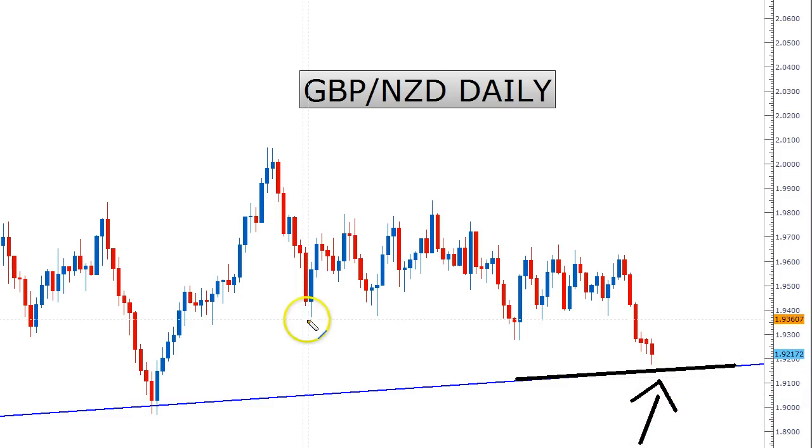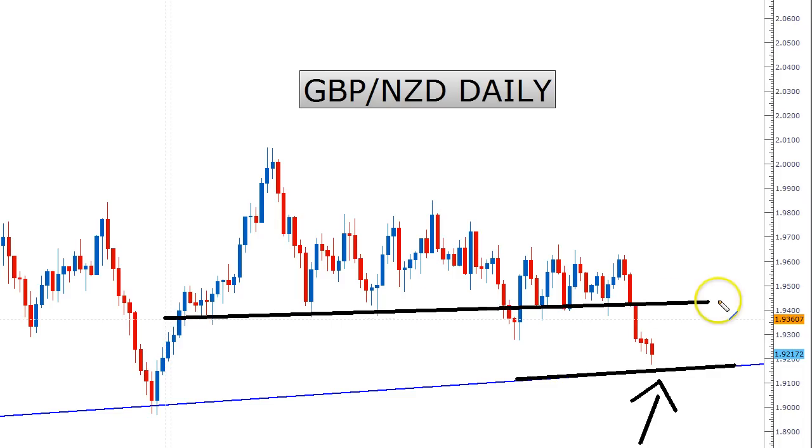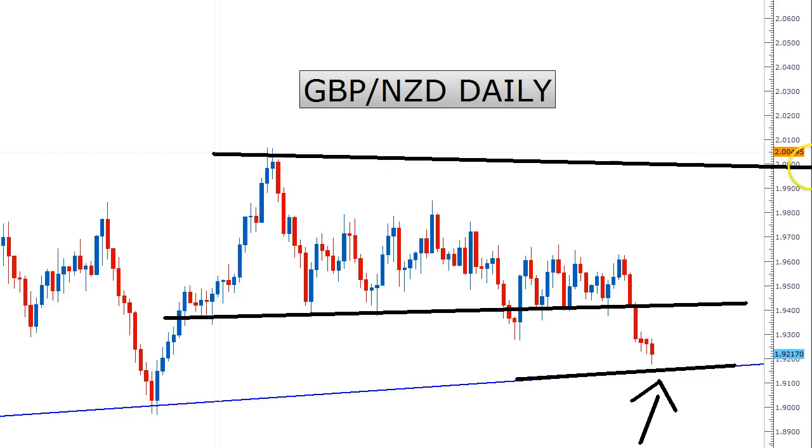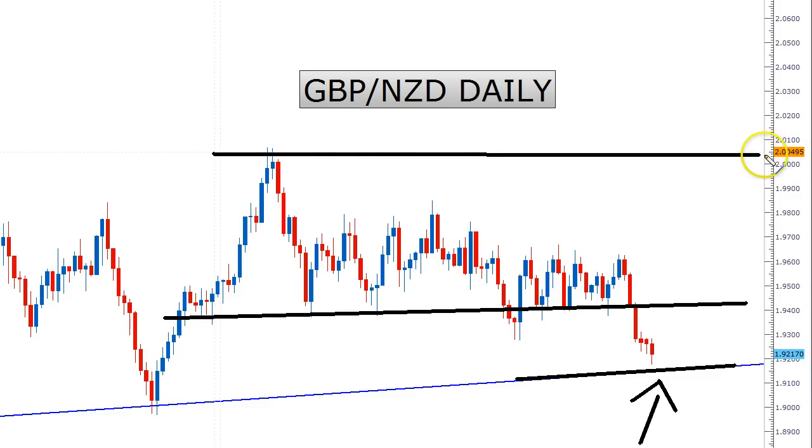Now, one thing to note is that this will be some major resistance, the bottom of this triangle that we've just been working on, which, if you're worried about that, is going to hurt your target potential a little bit. So one way to attack this might be to take a long with a good signal off this trend line and make sure that you lock in profit once it gets up to this area in case it bounces right back down. But overall, I think targeting right back up toward the 2 area is the most reasonable target,